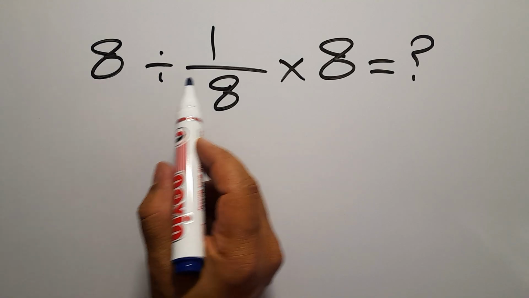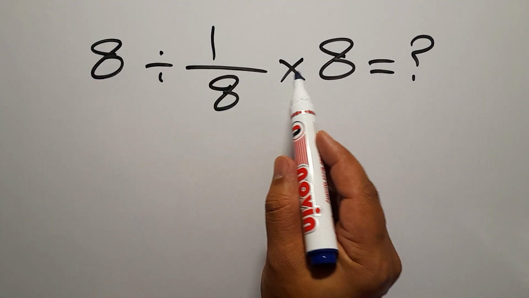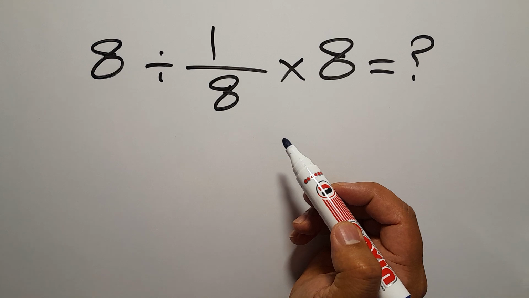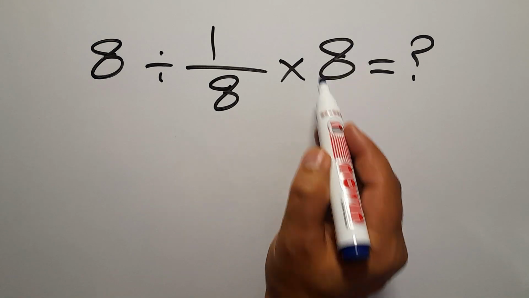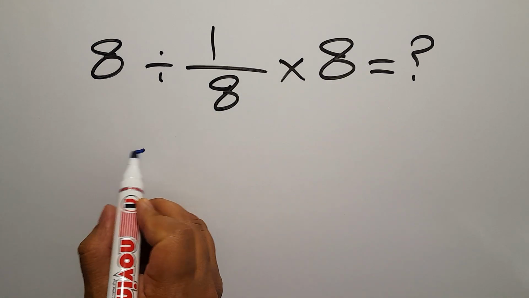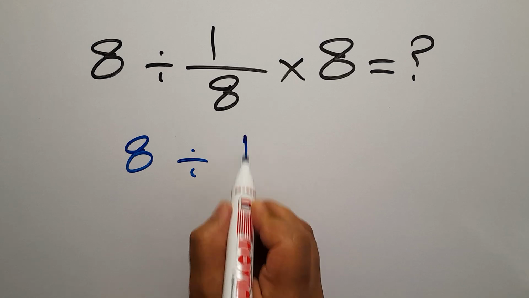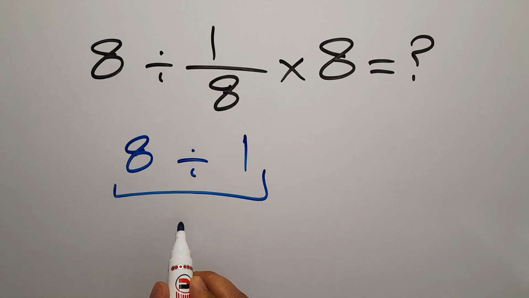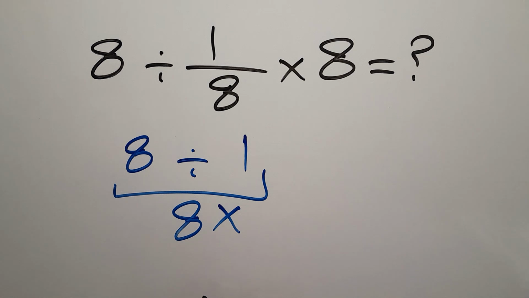8 divided by 1 over 8, then times 8. We can easily cancel this 8 and this 8. So we have just 8 divided by 1, and this is equal to 8. But this answer is not correct because